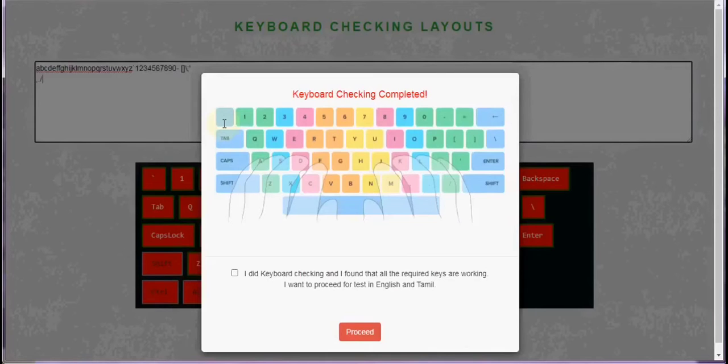Once the Proceed button is clicked, the total examination duration time of 120 minutes will start. In the meantime, the candidate shall verify the question booklet supplied to them and ensure that there is no page left blank. In case any printing defect is found in the booklet, they can request for replacement of the same from the invigilator immediately. After the instructions, put tick mark in the checkbox and then click Proceed.